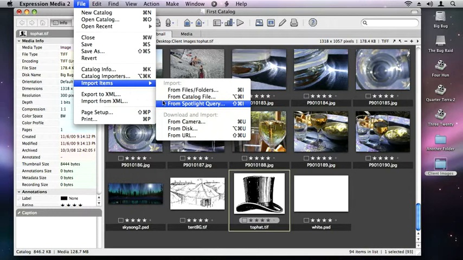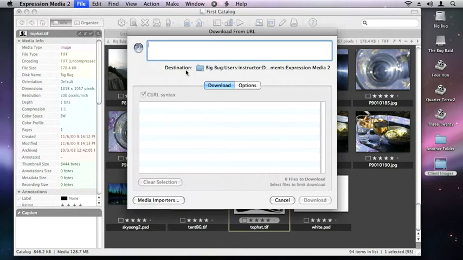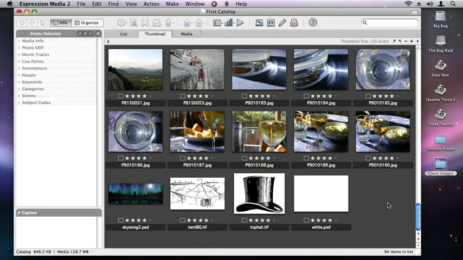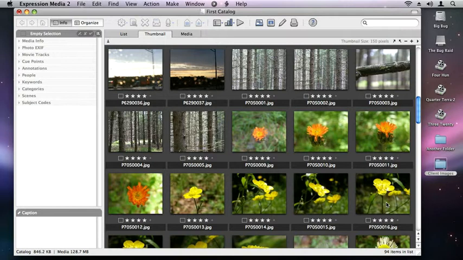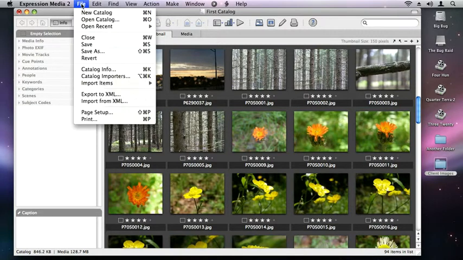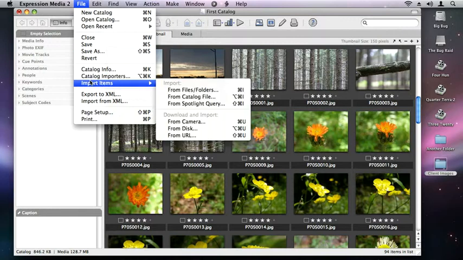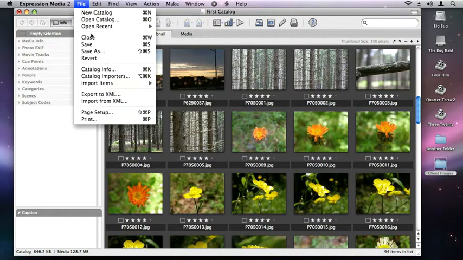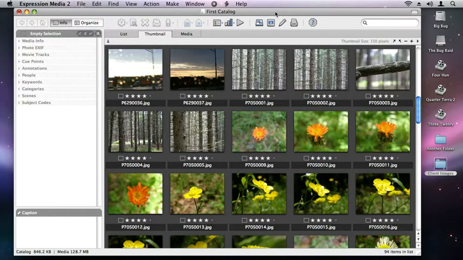You can also choose to download and import files from a digital camera that you have connected, or from a CD-ROM or DVD-ROM that you have inserted, or even directly from a website URL that you can specify. All of these methods will import files into an Expression Media catalog. The primary setup steps are always going to be create a new catalog or open an existing one, import files, and save your catalog, keeping in mind that Expression Media's main document, if you will, is the catalog, your .ivc